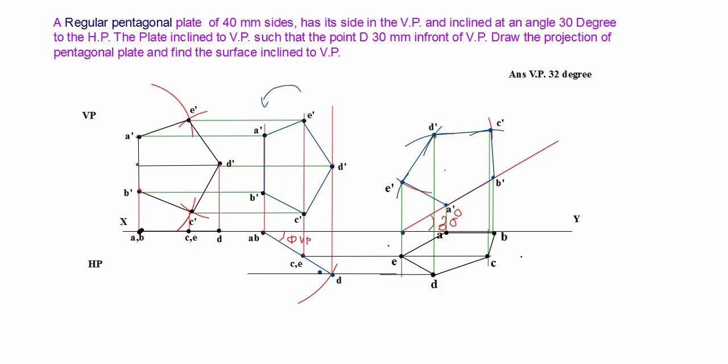So here in third stage, whenever your plate is inclined to both the planes, your top view is also the surface of the pentagon. So here we got the bounded polygon, it is the surface